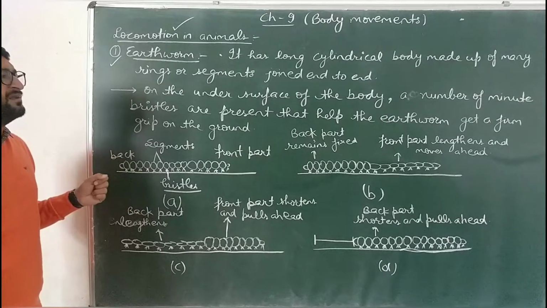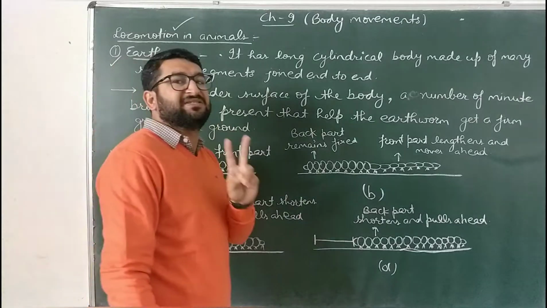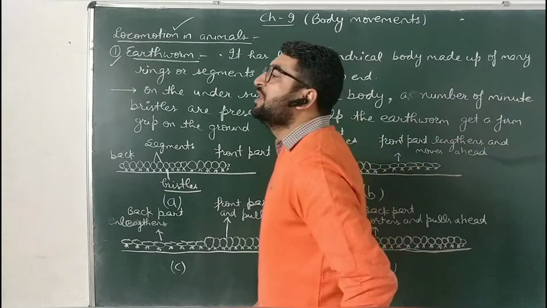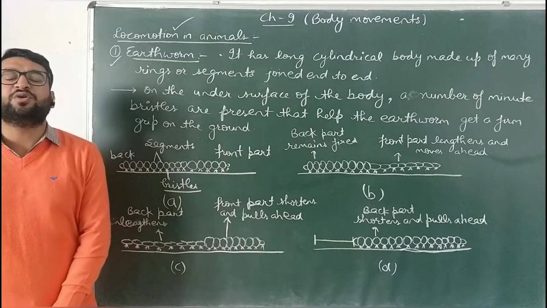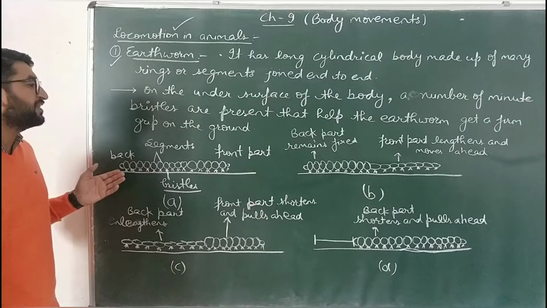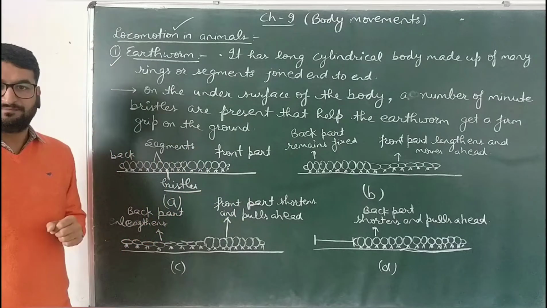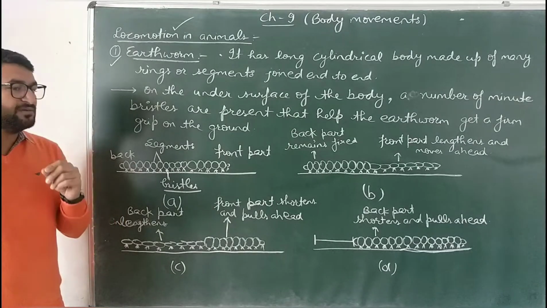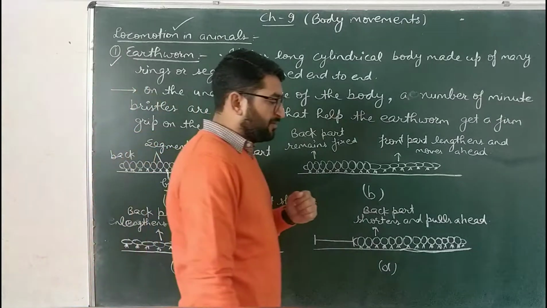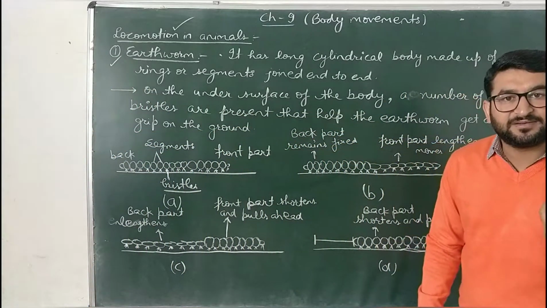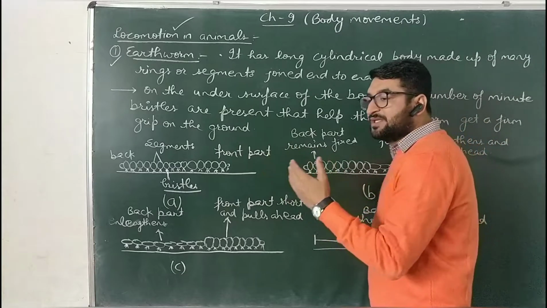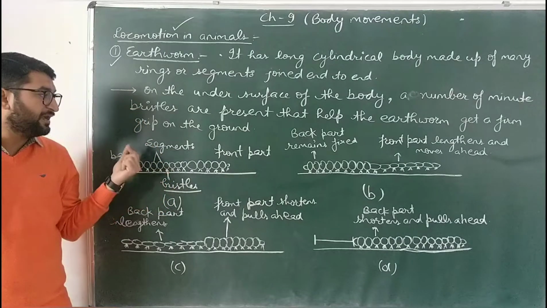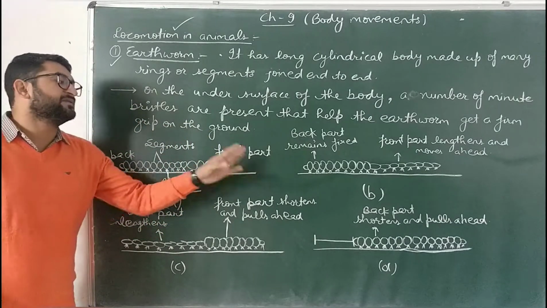Then its internal surface also has two kinds of muscles. One is circular muscles and the other one is longitudinal muscles. When circular muscles contract, its body becomes long and thin. And when longitudinal muscles contract, its body becomes short and thick. बच्चे जब सर्कुलर मसल कॉन्ट्रैक्ट करती हैं तो इसकी बॉडी लॉन्ग हो जाती है, लंबी, और थिन हो जाती है, पतली। ये सेगमेंट्स जो हैं वो लंबे हो जाएंगे और पतले हो जाएंगे।